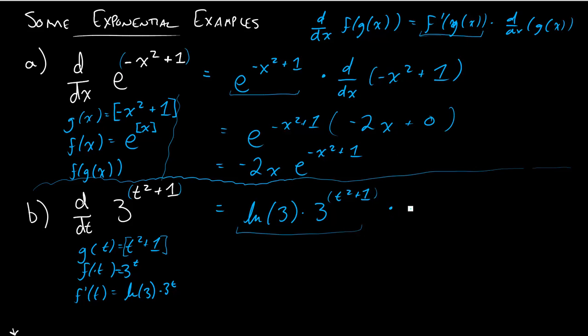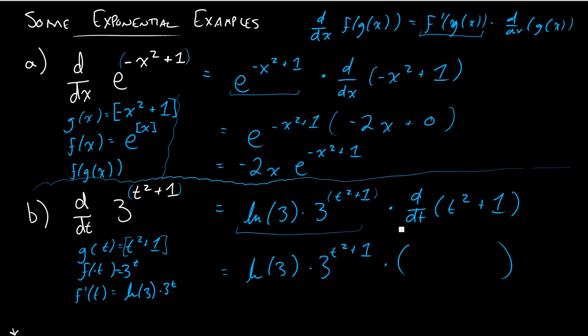And now I've taken all the derivatives I need to over here, but in the last part, I still need to multiply by the derivative of t squared plus 1. I'm not done taking derivatives here yet. I am done taking derivatives here. So in the end, this is going to be equal to the ln of 3 times 3 to the t squared plus 1. And then I have to multiply that by, now remember your parentheses, and this is just going to be